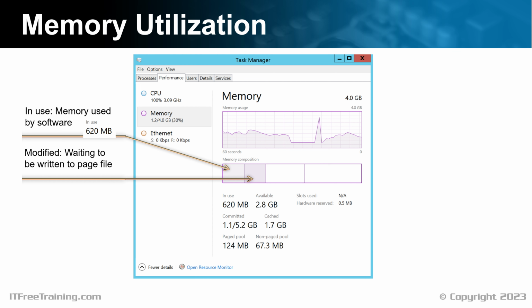Memory that is in the Modified section will be transferred to the page file. The idea behind this is that rather than waiting for memory to become full, Windows will try and proactively move memory to the page file ahead of time. If Windows starts getting put under a lot of load, some of the work is already done ahead of time. Also, this frees up some memory which can be used for other purposes. Let's have a look. The next section is Standby.